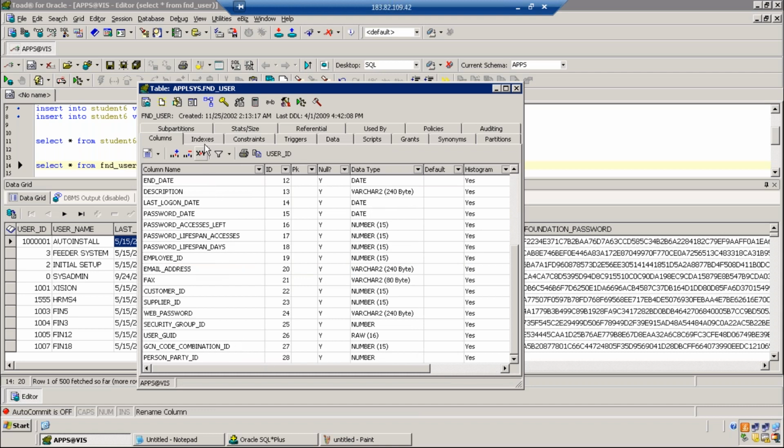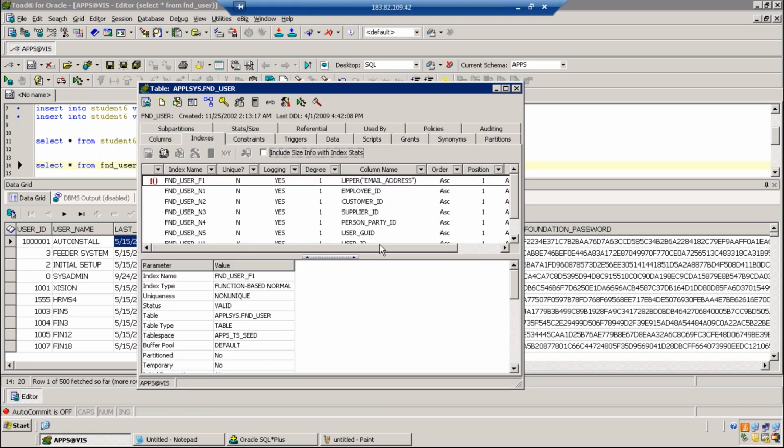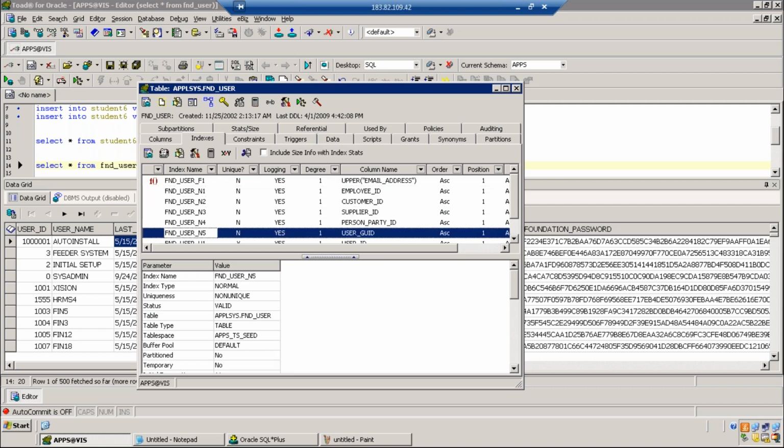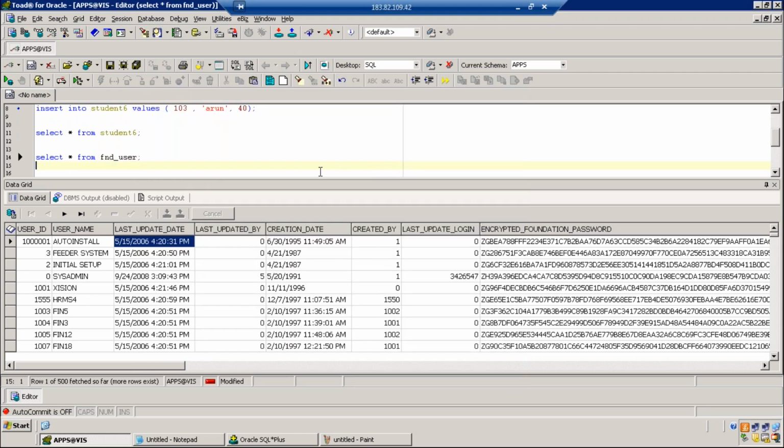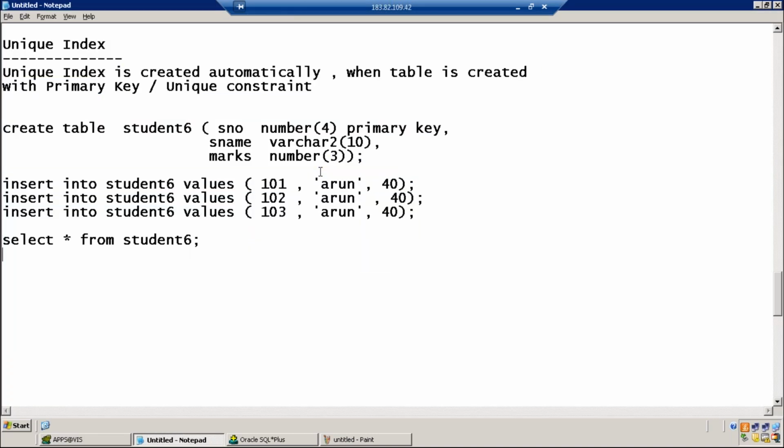But how many indexes are there? These are the indexes, some 8 or 9. Indexes are applied on regularly used columns, which helps in improving the performance. This is about the concept of indexes.